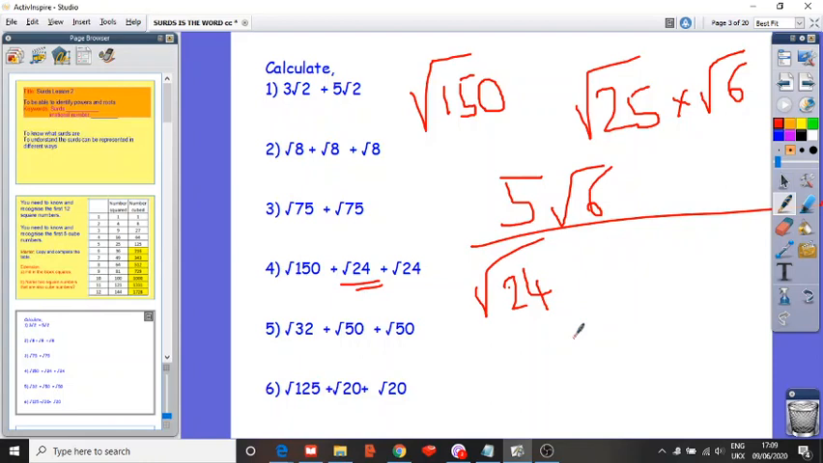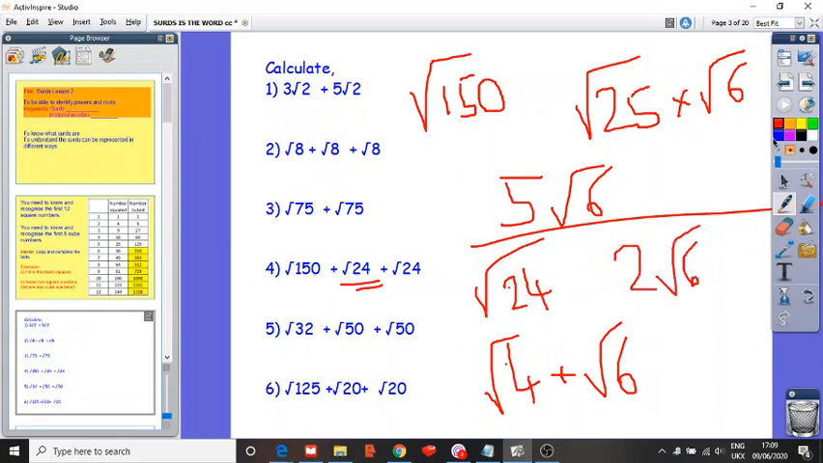I know 4 goes into it, so I'm just going to do 4. So the square root of 4 times the square root of 6. Oh look, there's a square root of 6 here. So square root of 24 can be written as 2 root 6. Okay, so I can rewrite this question really as 5 root 6 plus 2 root 6